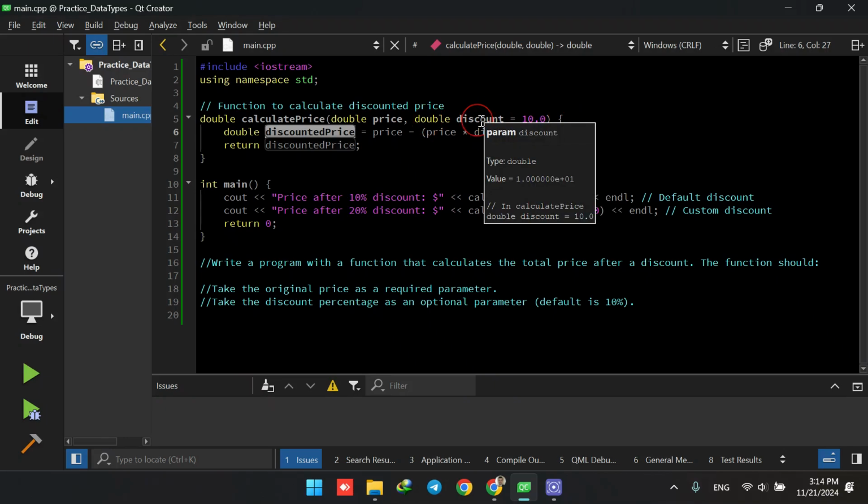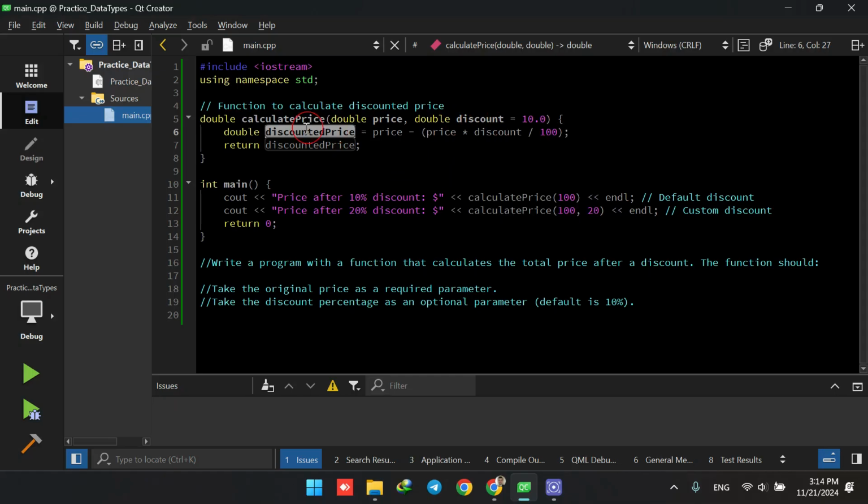So 10% is also assigned to this discount, and then the price minus, within parentheses, price times discount divided by 100. The final price is stored in the discounted price, and we return the discounted price here. Okay,